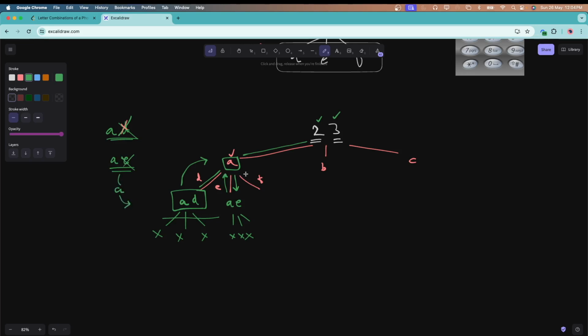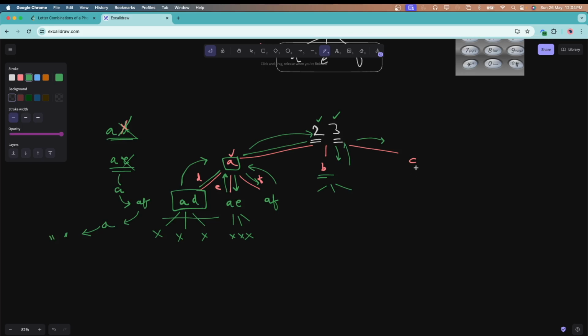We will add F to it in this path. F has no more options, so we revert it back to A. Now that we have processed all the options for the character beginning with A, we will also revert it back to an empty string, and that happens here. Now the same processing continues for B. The B's options are considered B, D, E, and then B gets reverted back, then the similar suit follows for